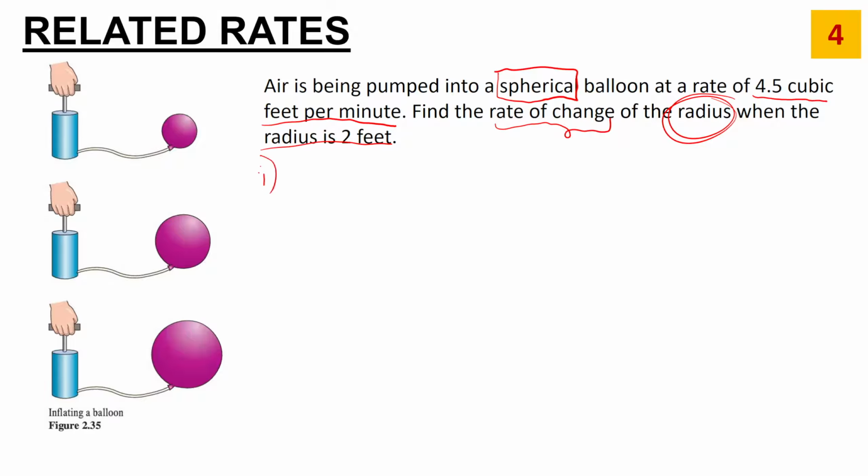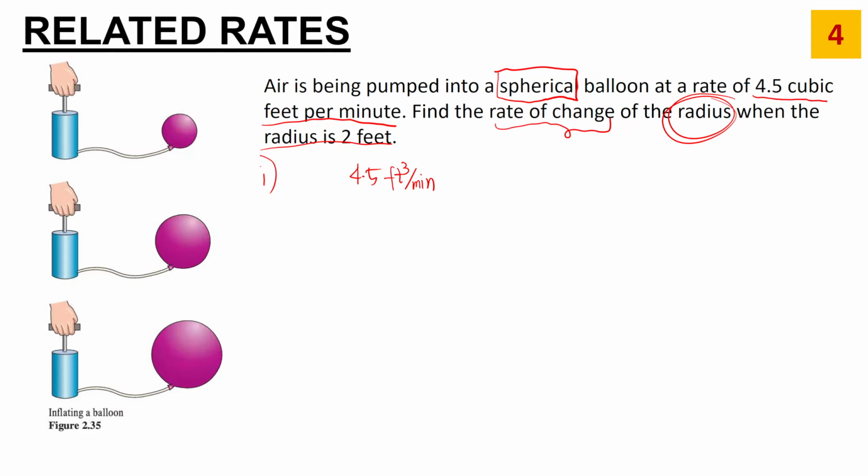So first, we're going to write our given. We have the rate of change that is equal to 4.5 cubic feet per minute. Now it was not indicated there if the 4.5 cubic feet per minute is equal to